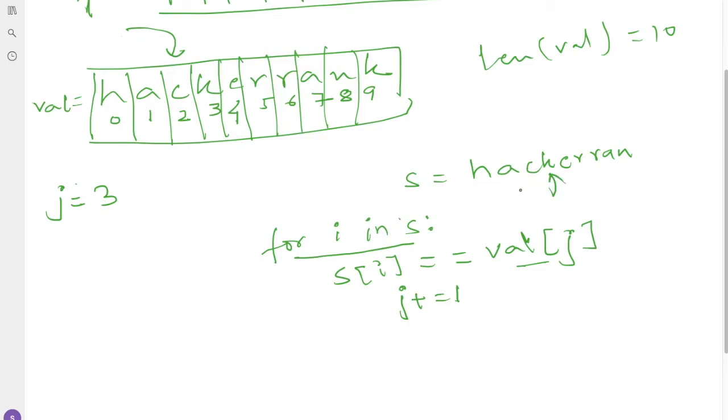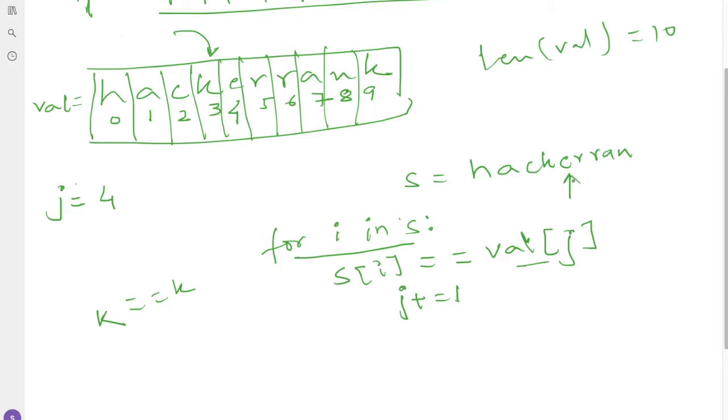Now here the value is K, and the value at j equal to 3 is K. Again K and K are equal, so we move forward by adding 1 to j, and the loop iterates to the next character.